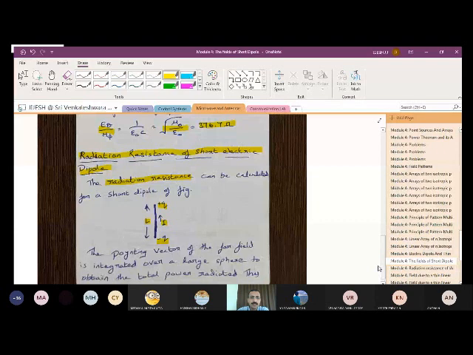The radiation resistance can be calculated for a short dipole by considering, for the short dipole, you have to always keep in mind that the length you are considering for the antenna should be comparatively less than that of the wavelength, and also the diameter of your antenna has to be very much less compared to the length, or you can say compared to the wavelength. So considering that, we are now going to see the radiation resistance of short electric dipole.